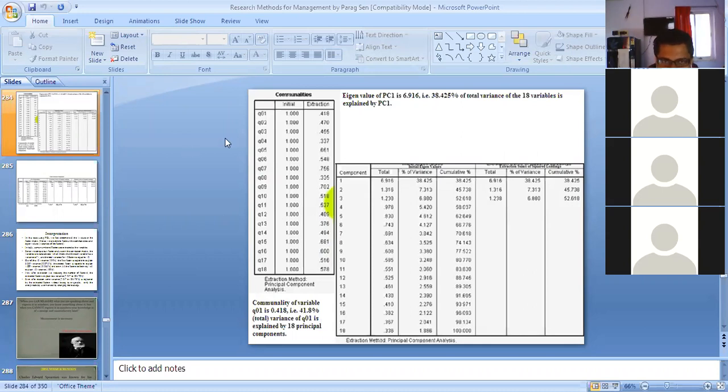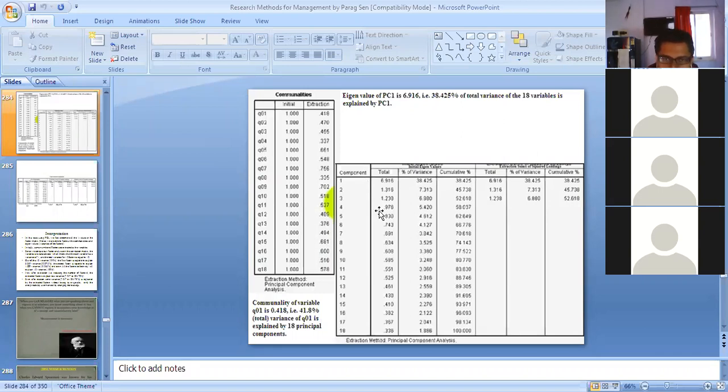That variable you will straightaway eliminate from your model. Why? Because less than 30% of the variance of that variable can be explained by all the components or factors. So you will discard that particular variable.